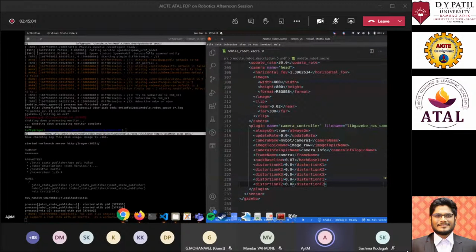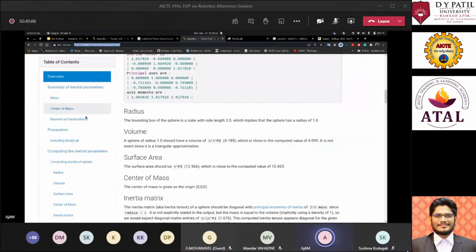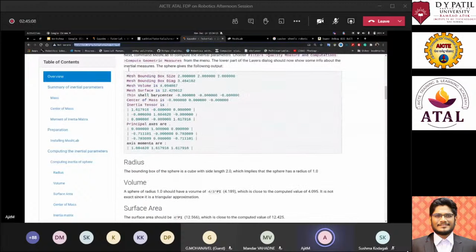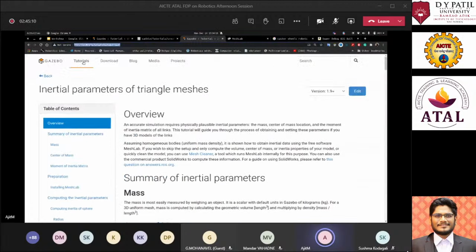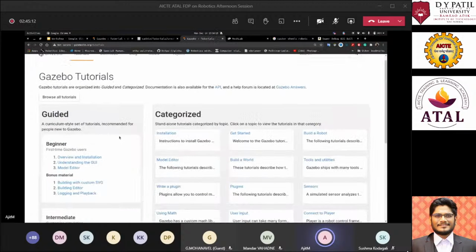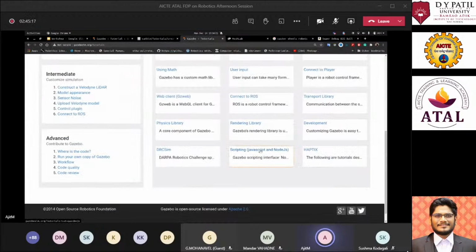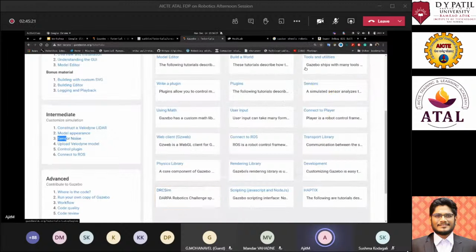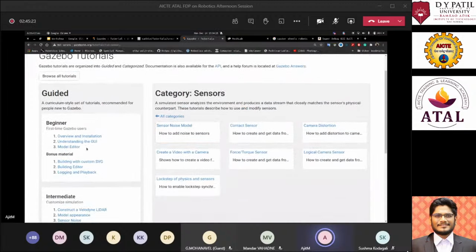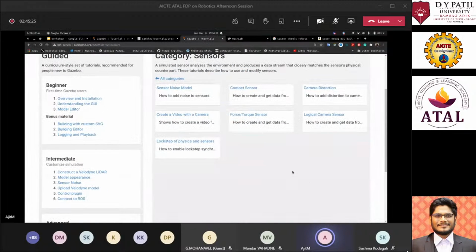If you go into Gazebo's website, give me a second. If you go into tutorials, you can see there are sensors over here. There are multiple sensors available in the system.